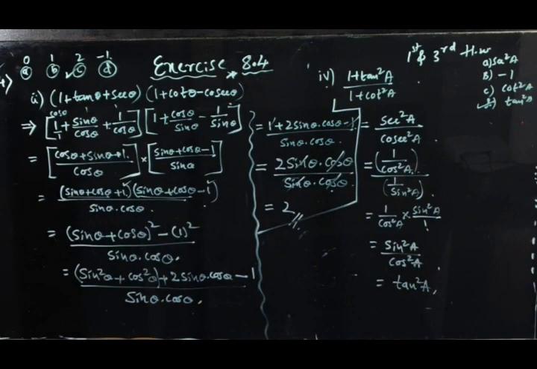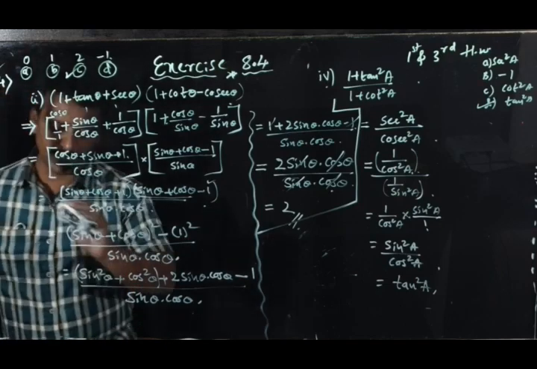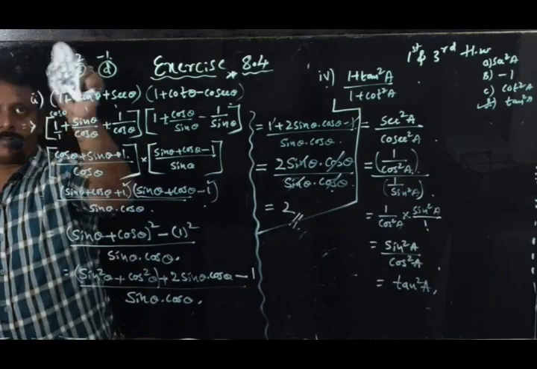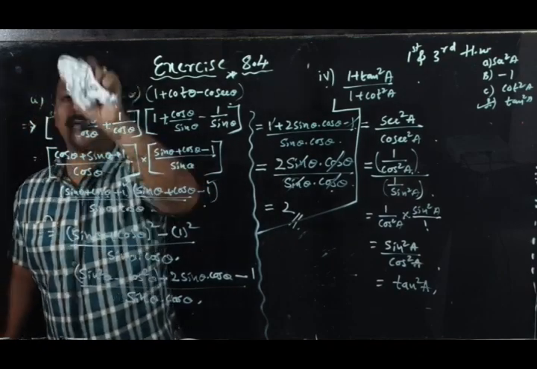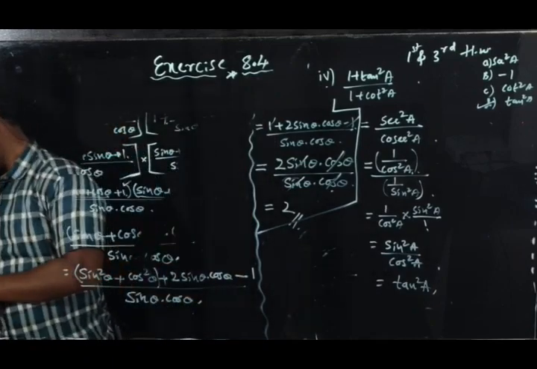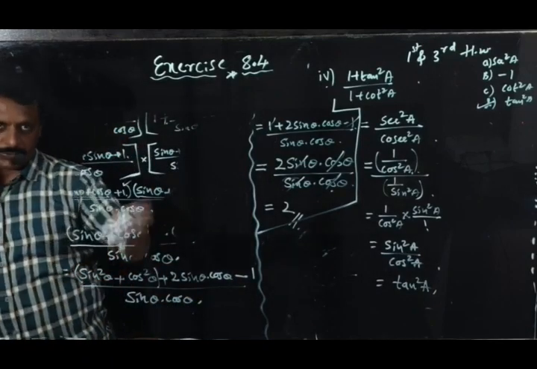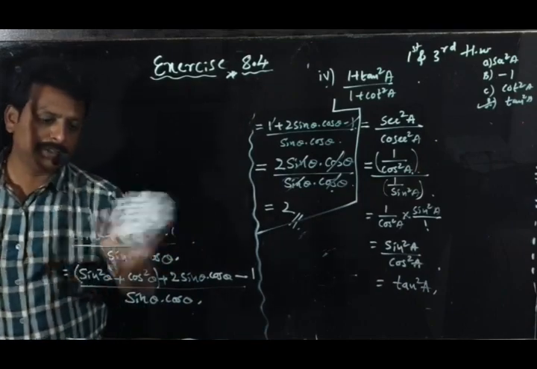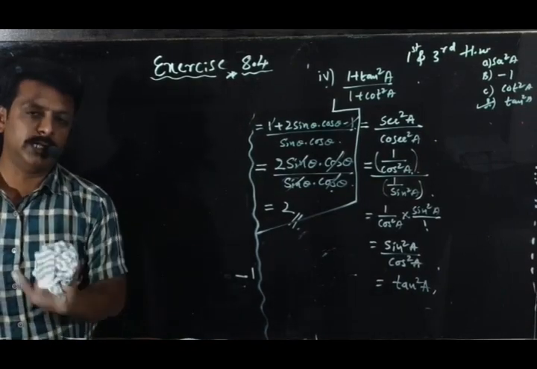So again I am keeping myself in one corner. All of you observe it properly. This is the end of the fourth main question. After this I am going to take you towards the fifth main question, which is the last question from exercise 8.4. If we finish the fifth main also, that shows the end of introduction to trigonometry.